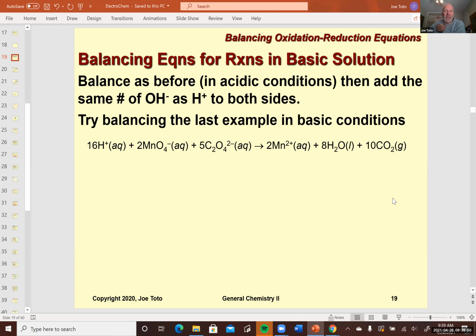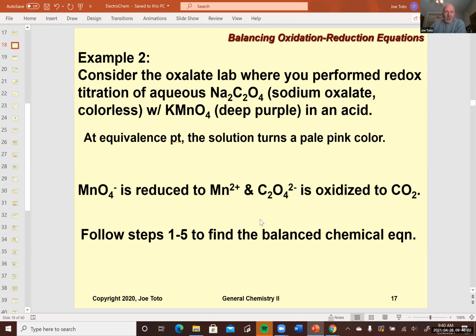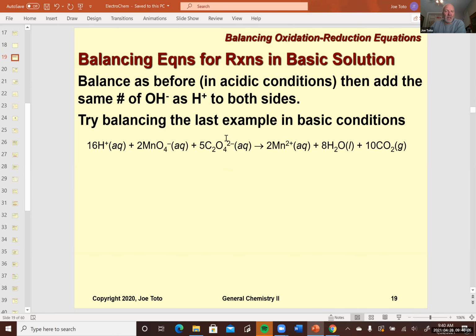And we learned how to balance somewhat complex redox reactions using the half reaction method. And that's pretty much where we left off last time, balancing the one reaction from your oxalate lab involving permanganate